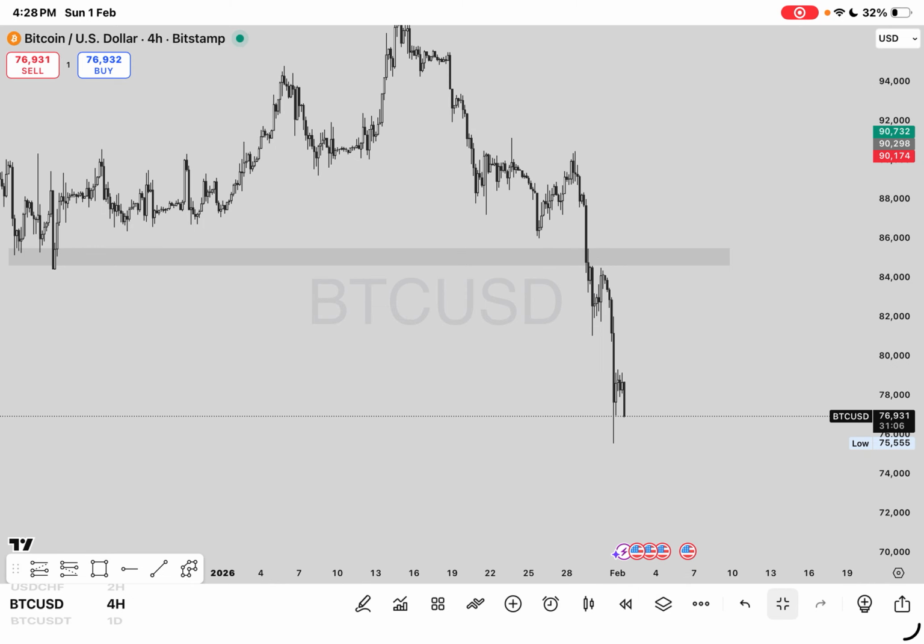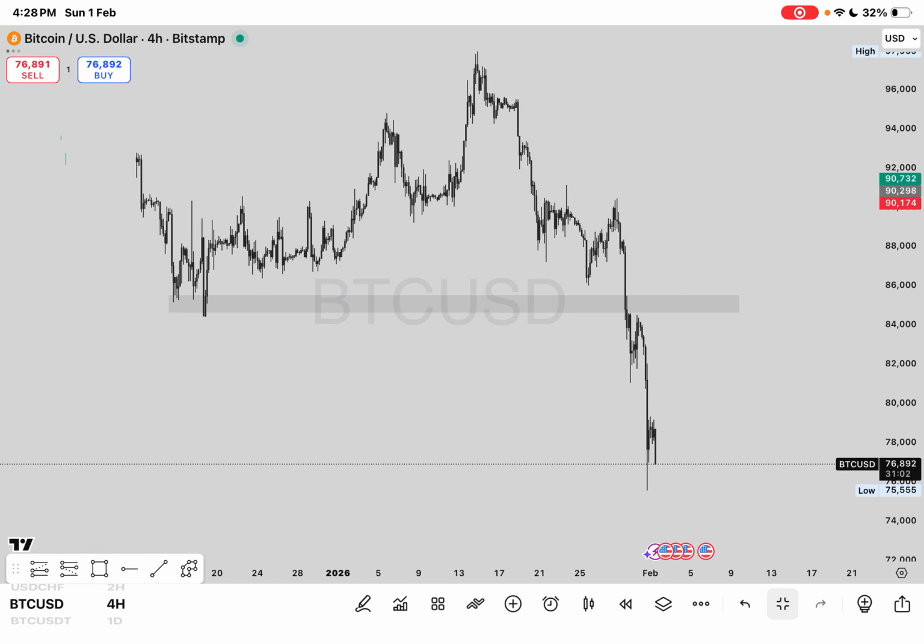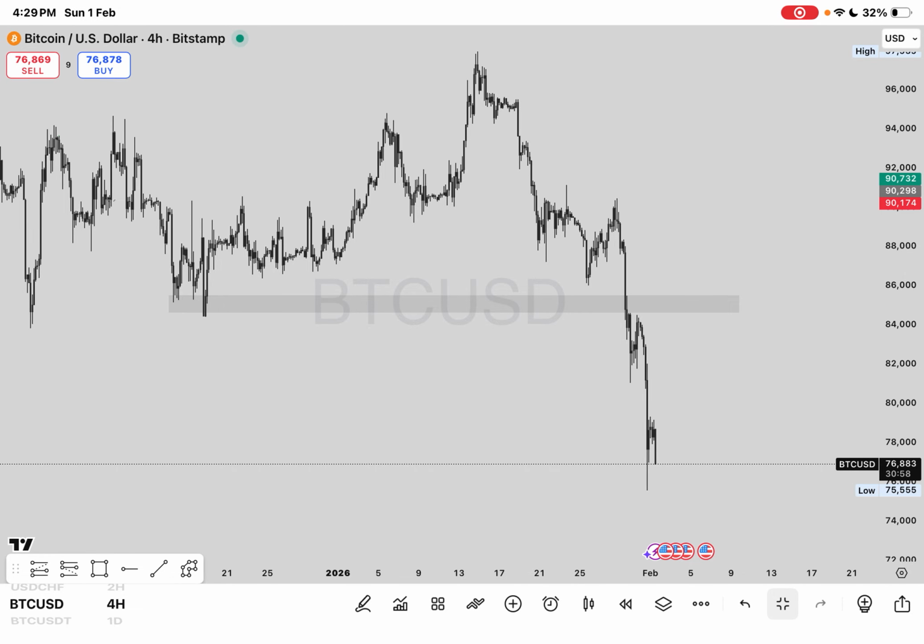Will it keep selling? Yes, possibly it will keep selling. When will BTC stop selling? When the uncertainty ends. How will you know when the uncertainty will end? Possibly you have to understand macroeconomics, or you stay updated with my fundamental updates. I'll tell you when the uncertainty has ended. But for now, there's still uncertainty in the air. We don't know when it will end. It might end this week. Trump might say something, and if he does, I'll give you all the updates. That is just simply it.